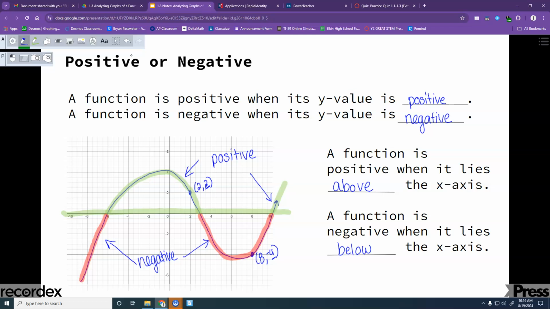Yeah, sometimes students just start getting it mixed up. Could you be positive but also decreasing at the same time? You could, right? Like this section right here is still positive,